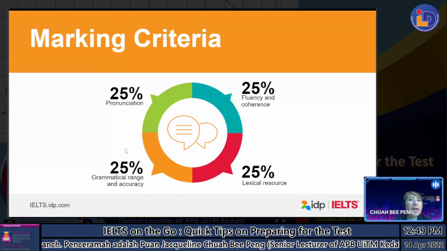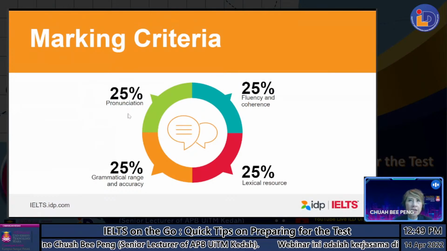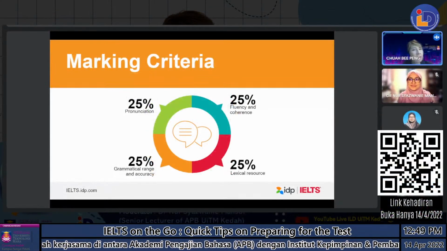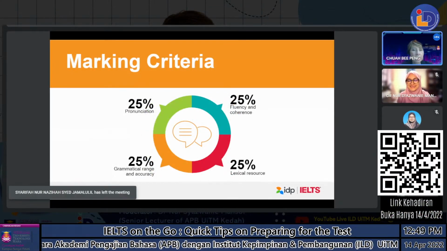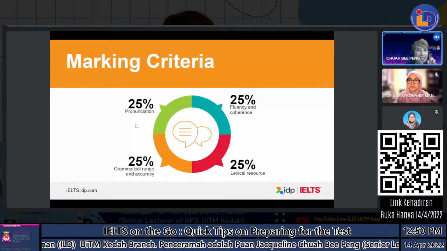So pronunciation. I know a lot of people will be interested in pronunciation. So what should I say? Should I speak like a British? Should I speak like Hugh Grant? Or is Kelantanese English accepted? Now, it doesn't matter, right? Accent is not important, but it's about clarity. That means every word that you say sounds like English, and the other party can understand the meaning of your words.